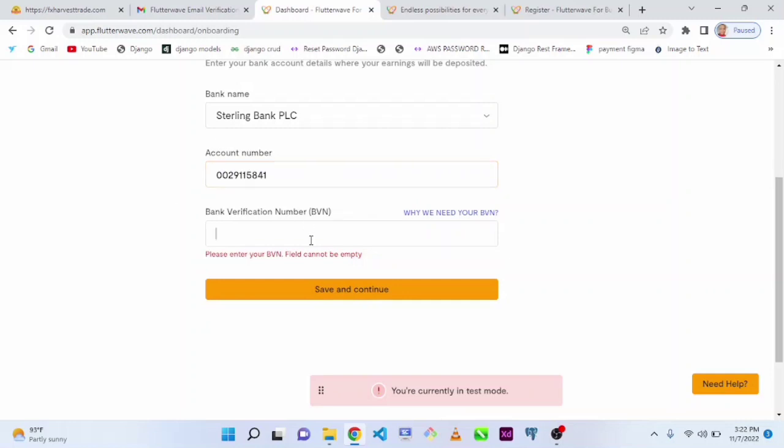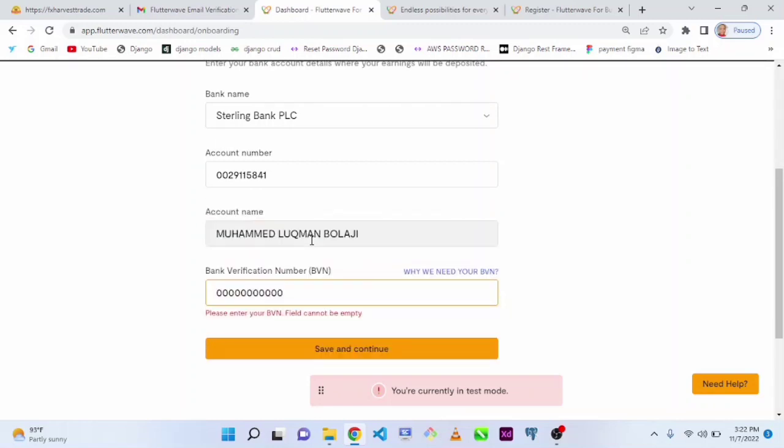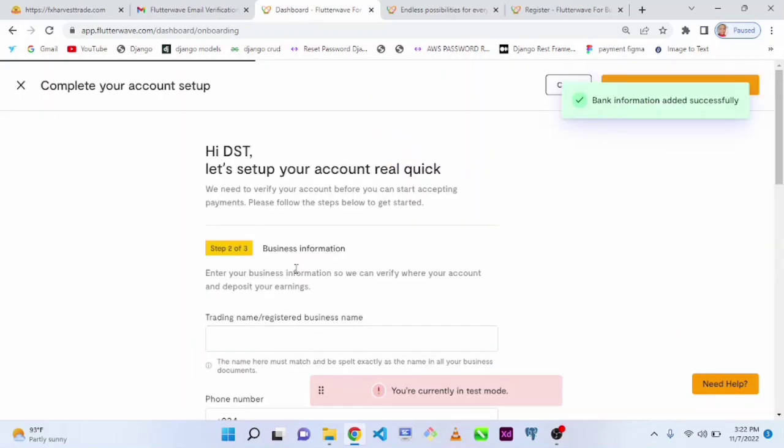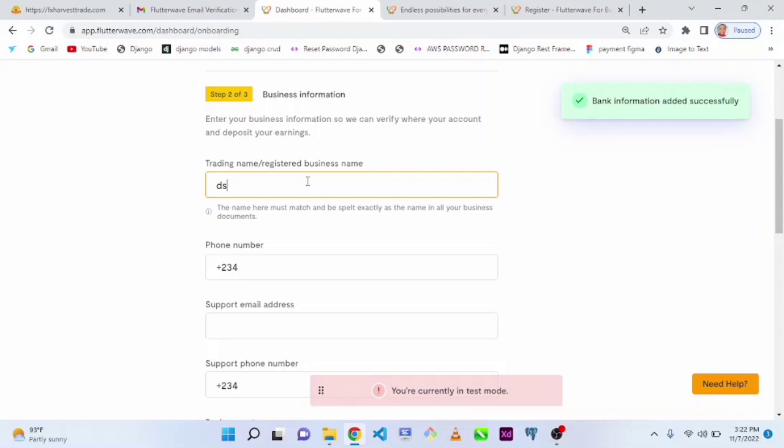Right, so put in a BVN code, save and continue. Right, so bank information is added successfully. So what's our trading name? BST